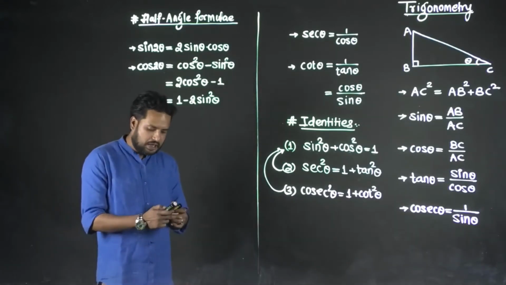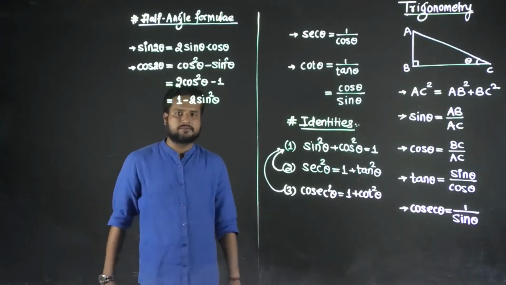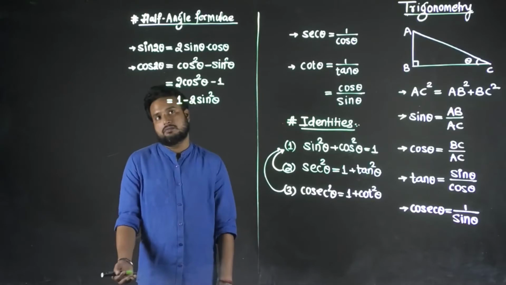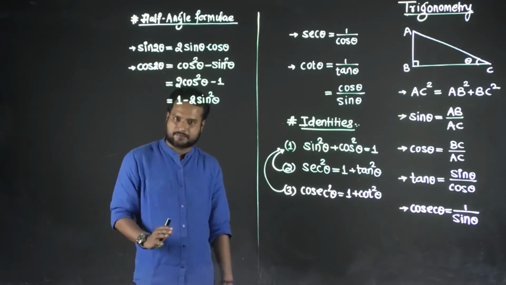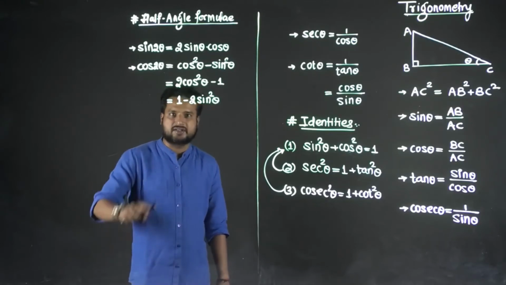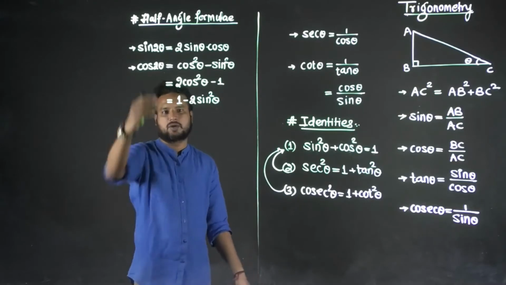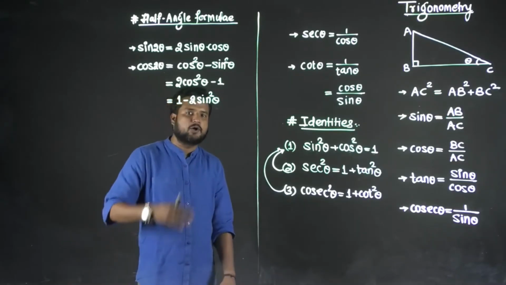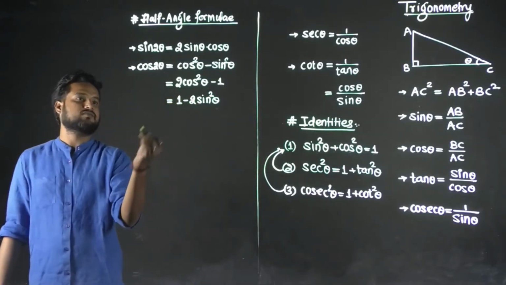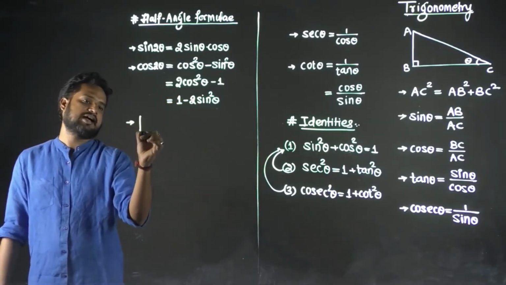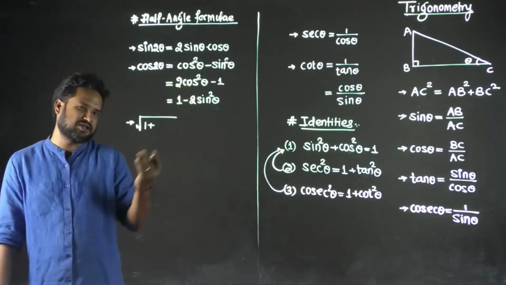Now people ask me, why do I need 3? I'll just remember 1. I don't need the others. You may need them in a particular situation. Like if I have a situation in which I'm looking for only cos, I'm not interested in sine, then I'll be using this formula. If I want only sine, I'll be using this formula, not the other one. Clear? So it depends completely on what you want in a particular situation. From this, I'll add one formula, basically. From this I'm going to evaluate something else as well.